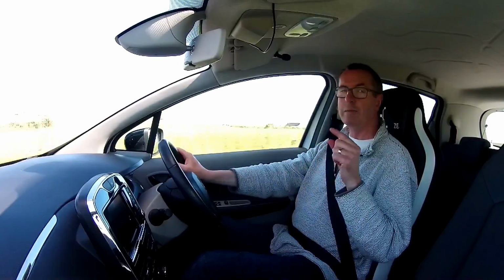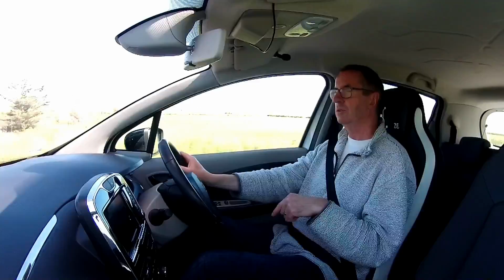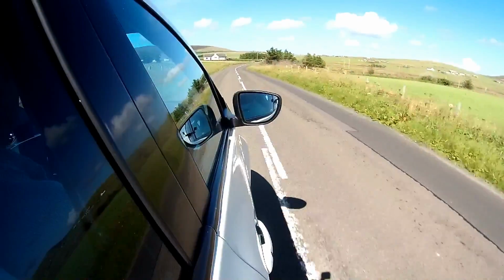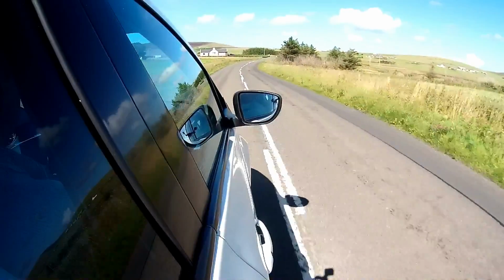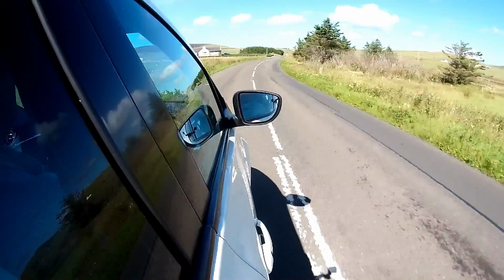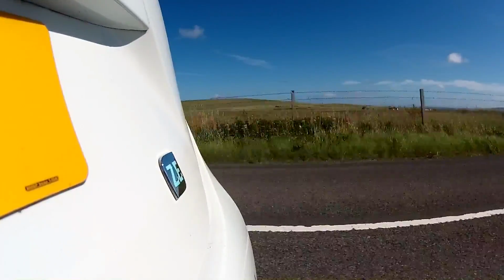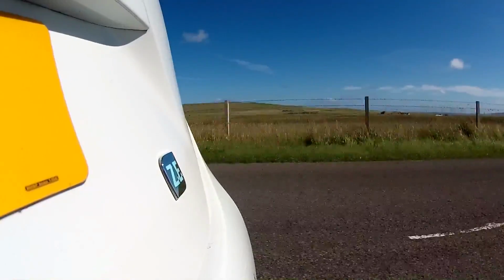Now the unique thing about this Zoe, because I can hear a lot of you saying, ooh, it's one of those Zoes with a dreaded battery lease, which I agree, I do not like the battery lease. A lot of my YouTube EV friends do like the battery lease. Personally, no. And why don't I like it? Well,